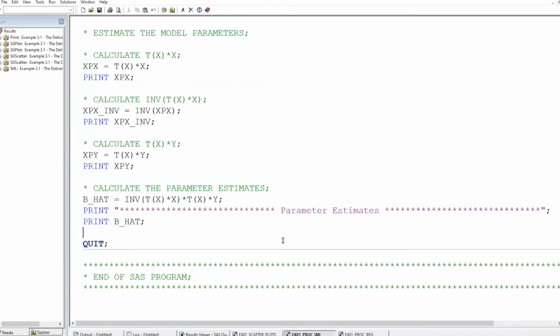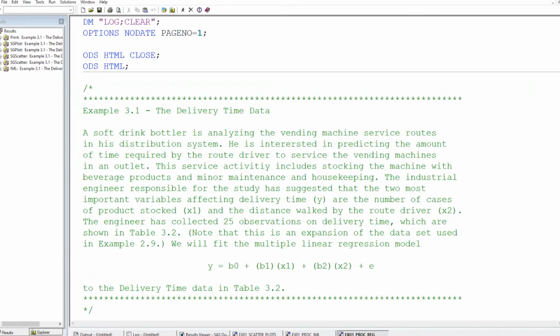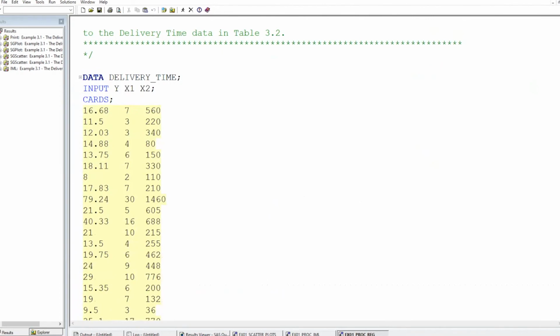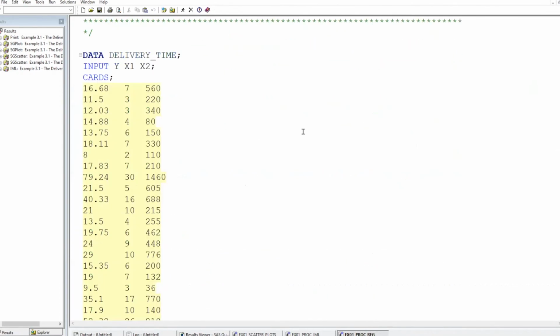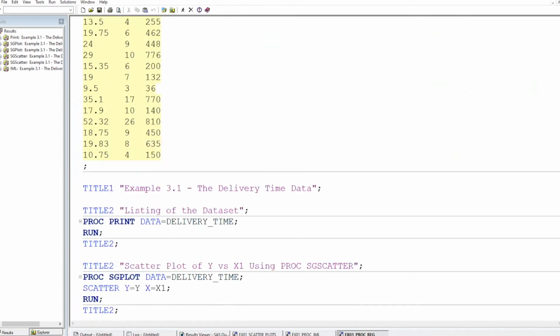Now, the next procedure in SAS that I want to show you is PROC REG. Reg obviously stands for regression. And so we have again a data step. PROC REG operates on data sets, and so I'm going to use the same kind of data step that I had when we created those statistical graphics. I'll just go ahead and recreate that data set containing the data. And then